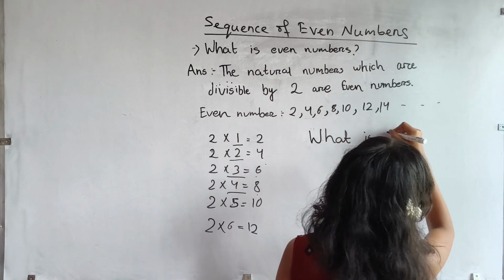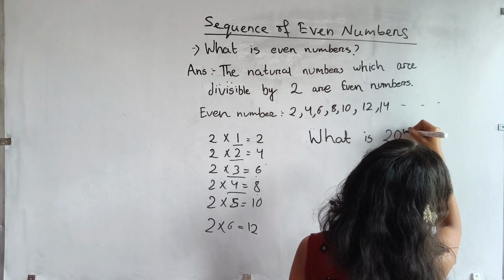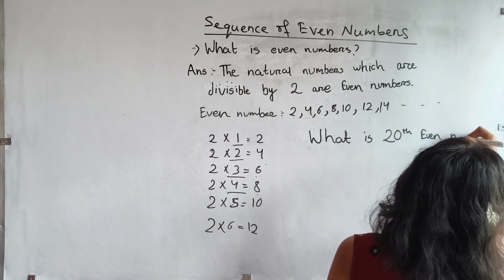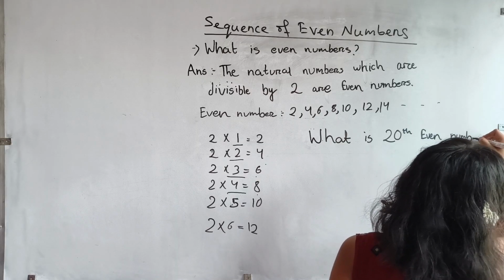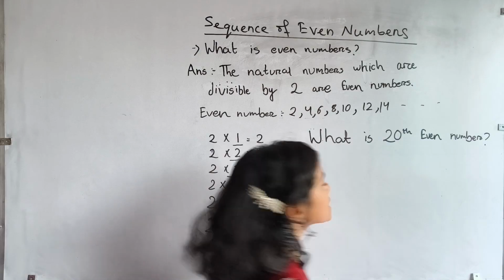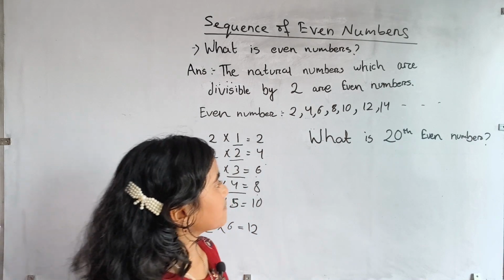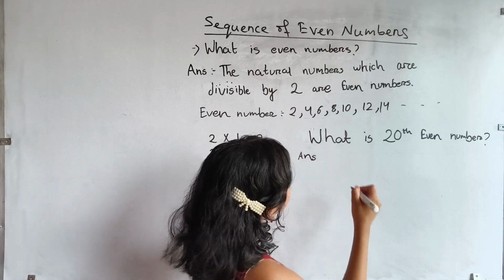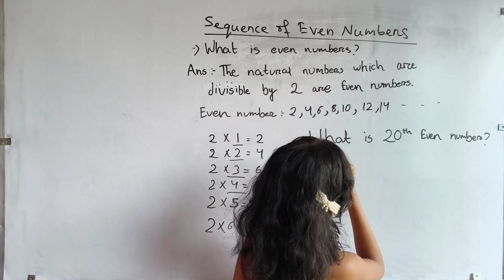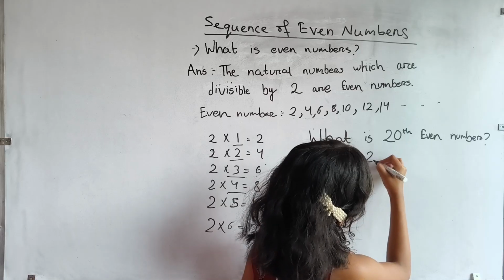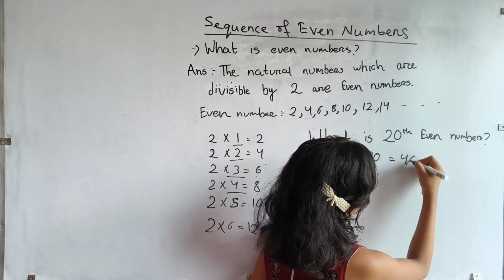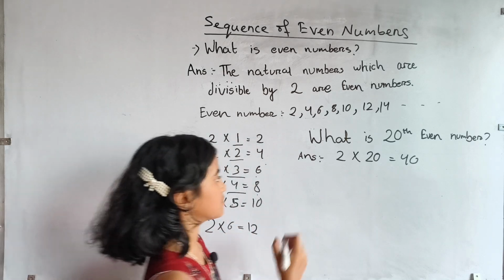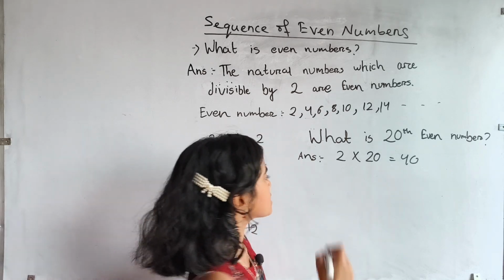What is the 20th even number? So what is the 20th even number? We will multiply 20 with 2. Answer is 2 multiplied by 20 equals 40. 40 is the 20th even number. 40 is the answer. So another question is: